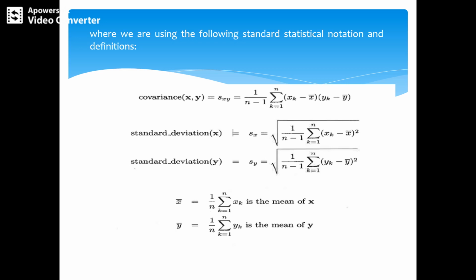Another thing, cosine similarity, also the cos of x and y. So x dot y divided by the vector dot product, divided by the length or norm of the vectors x and y. The length of the vector x is always the square root of x dot x, similarly y dot y. This is all about cosine similarity, and this is the Pearson correlation, or perfect correlation we can call it.